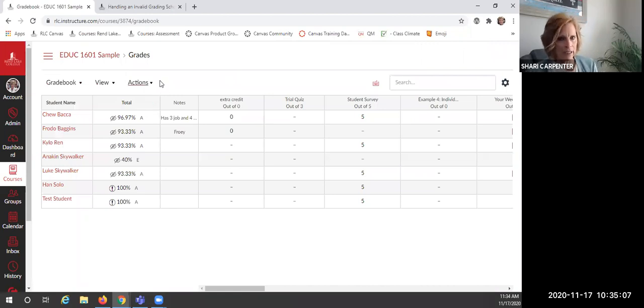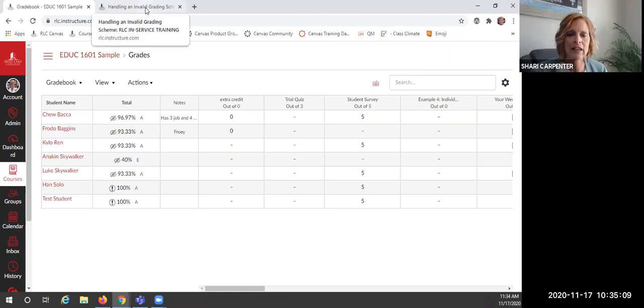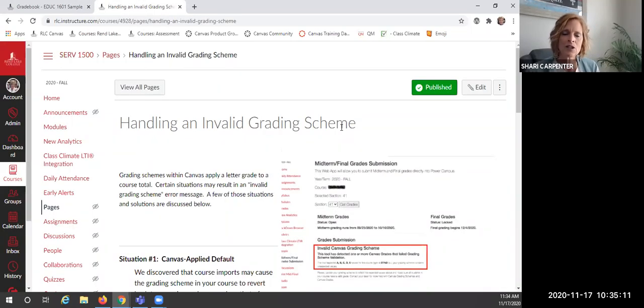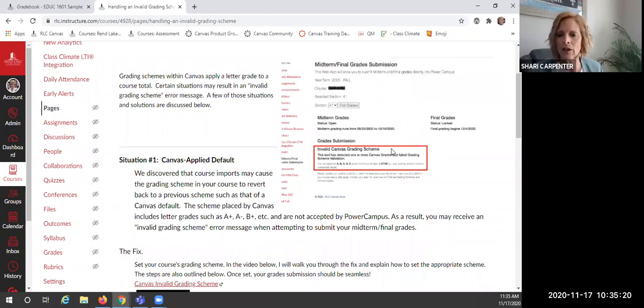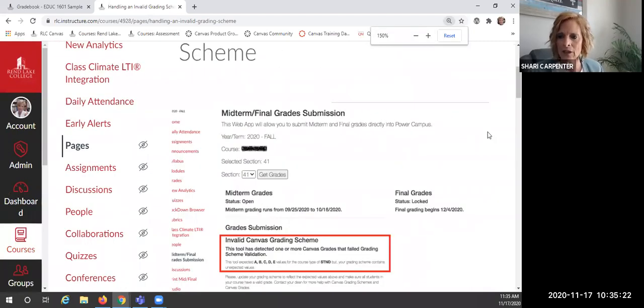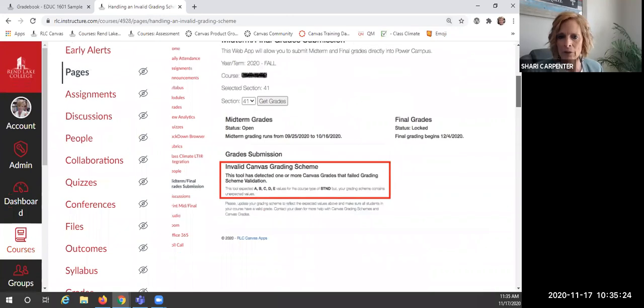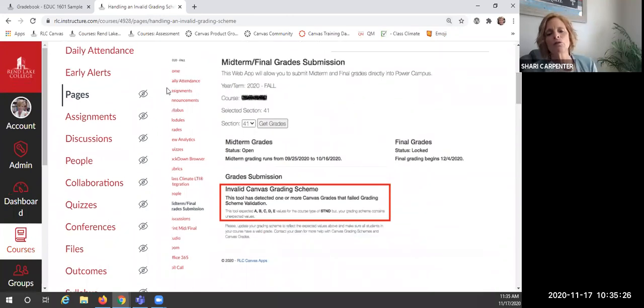Now, before I forget, I'm going to jump over to this handling. I created a page in the Serve 1500 course, handling an invalid grading scheme. So you can see what that looks like. So hard to see, I think, but let me see if I can scroll up. Zoom in a little bit. If you go to work with your midterm and final grade submission, and you click on the button for it